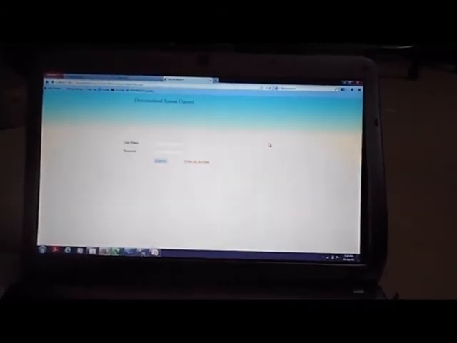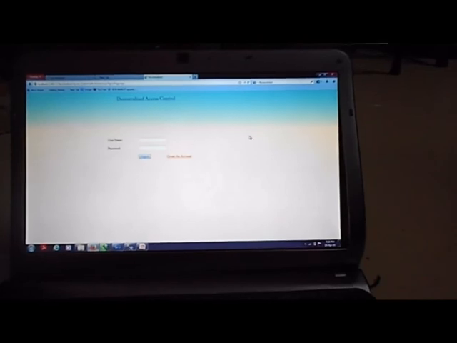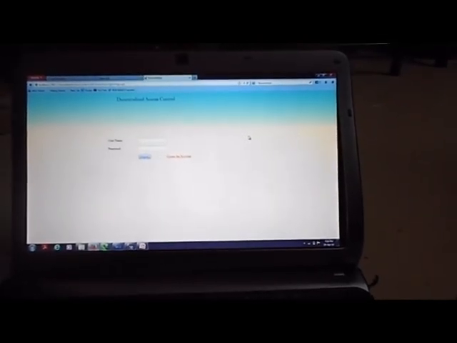So this was all about our project, decentralized access control, and we have taken care of the security and access control. And our decentralized access control also helps us against replay attacks and user revocation. We have taken care of